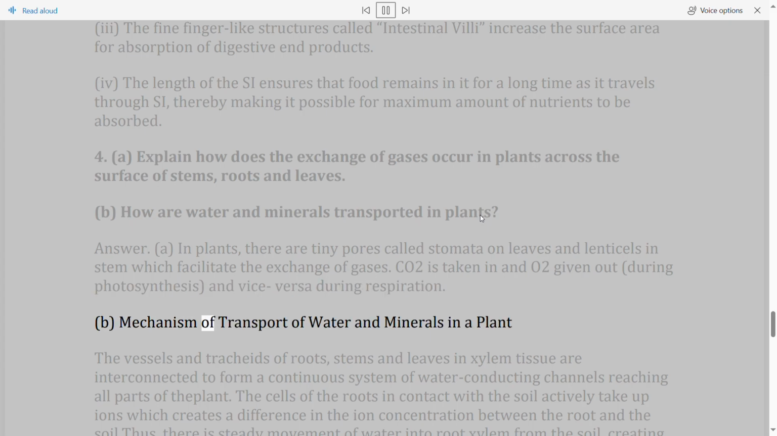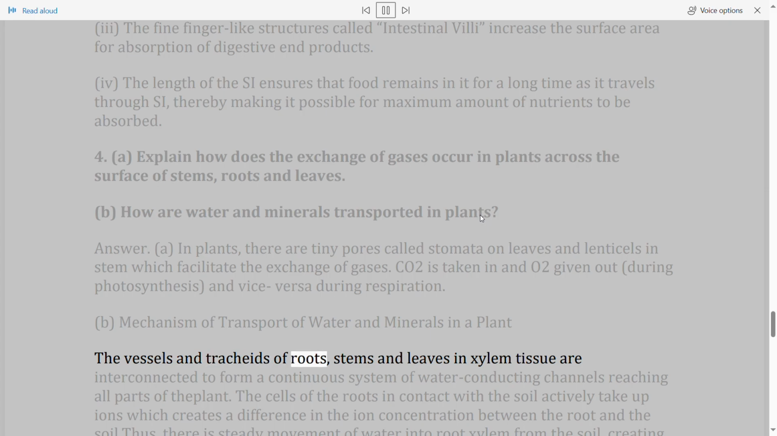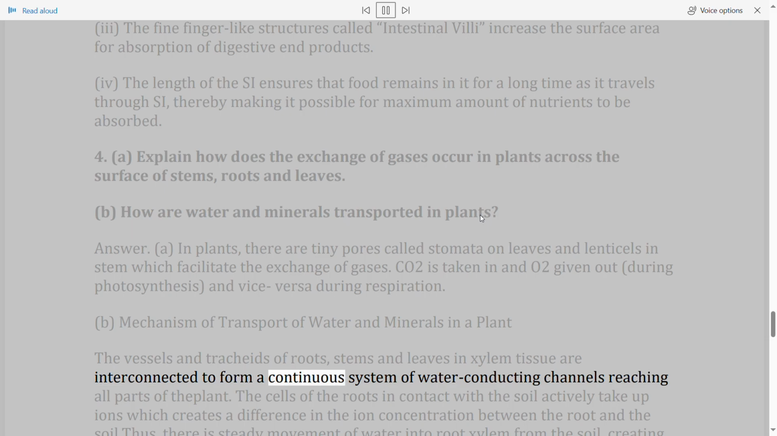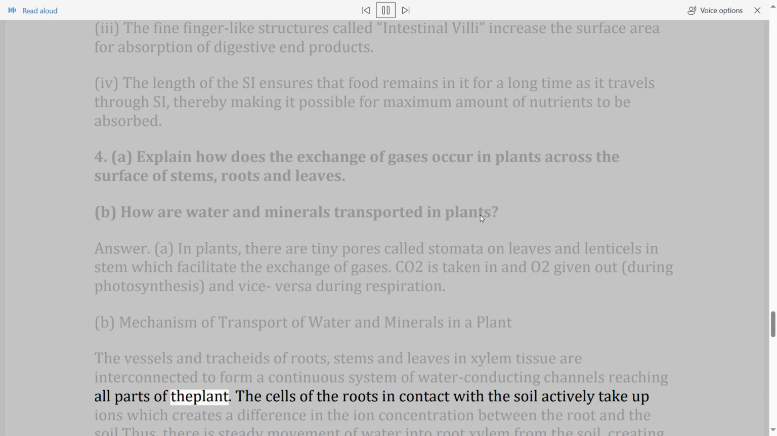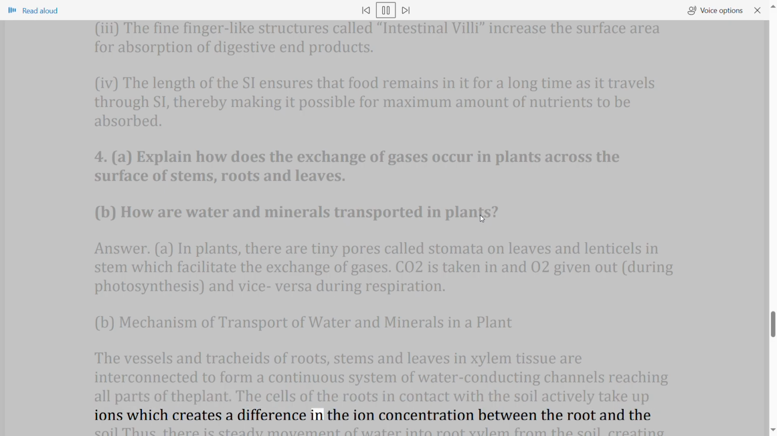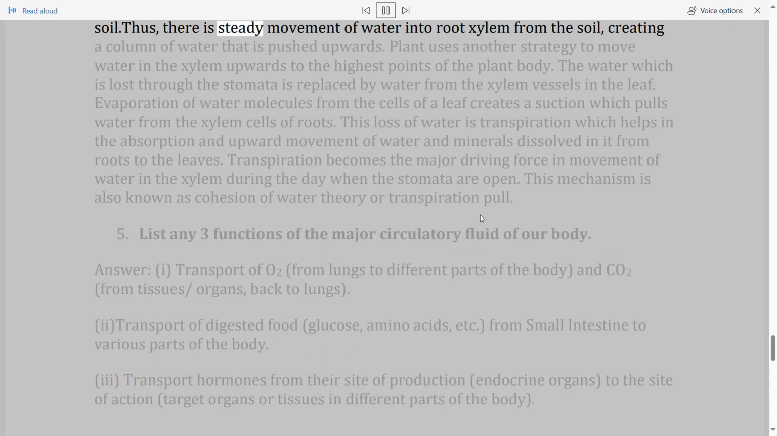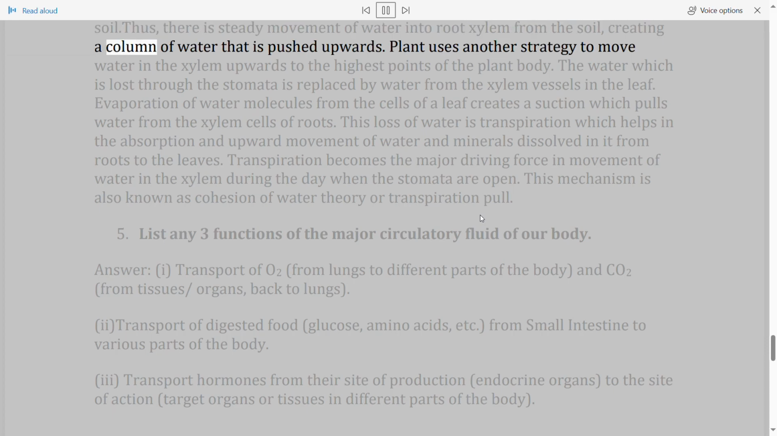B. Mechanism of transport of water and minerals in a plant. The vessels and tracheids of roots, stems, and leaves in xylem tissue are interconnected to form a continuous system of water-conducting channels reaching all parts of the plant. The cells of the roots in contact with the soil actively take up ions, which creates a difference in the ion concentration between the root and the soil. Thus, there is steady movement of water into root xylem from the soil, creating a column of water that is